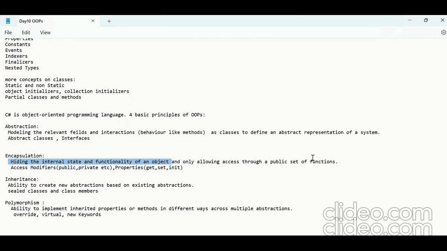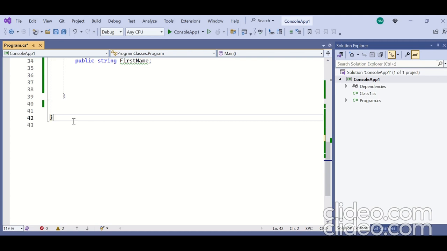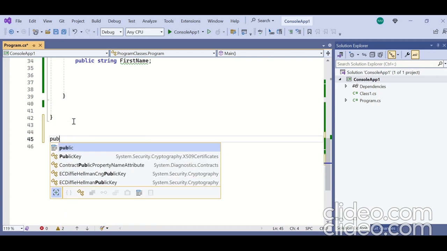So encapsulation is nothing but binding data and methods, and we should be able to access our data only through the functions, so that everybody will not be having access, and we can provide some restrictions in the functions. So this is encapsulation. So encapsulation can be achieved using access modifiers. So access modifiers we have been seeing, but let me tell you, there are different kinds of access modifiers called